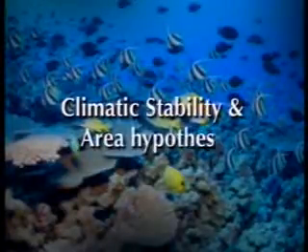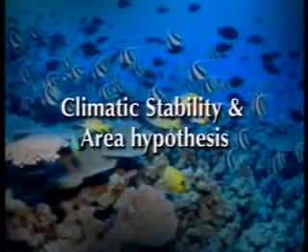By this, we can get an idea of how huge an influence glaciation has had in the past in disrupting the normal evolutionary cycle in temperate and other areas, and not in the tropics where it was not able to come. The second abiotic explanation is the climatic stability and area hypothesis.